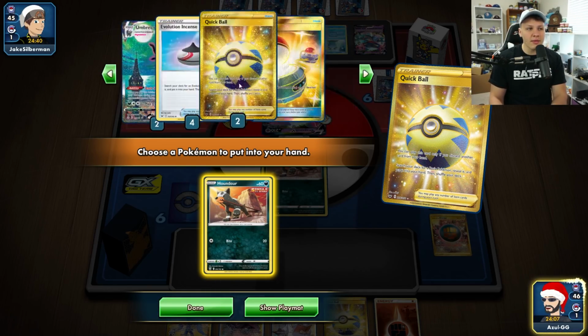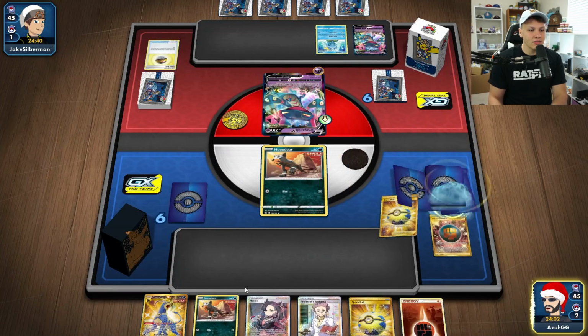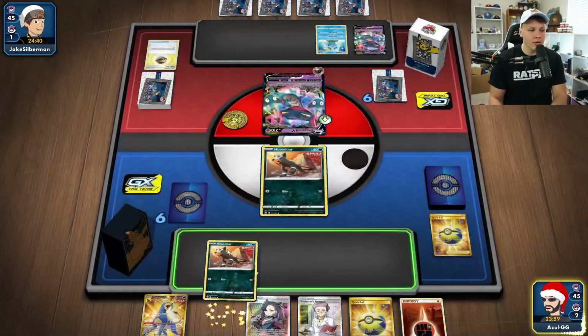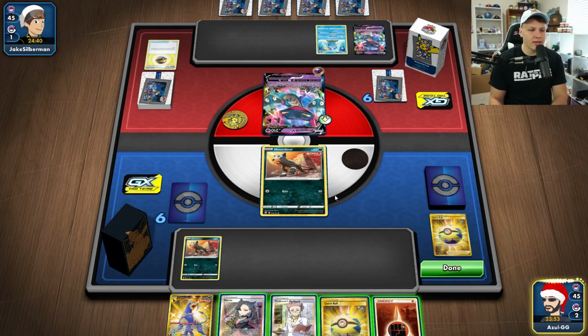I kind of just don't want to Marnie them. They didn't have that ridiculously good of a turn, just one Sobble down, stuff like that. So I kind of don't want to Marnie them, but I also kind of do want to play the Marnie to save the Houndoom. But I know how important it is to get other...